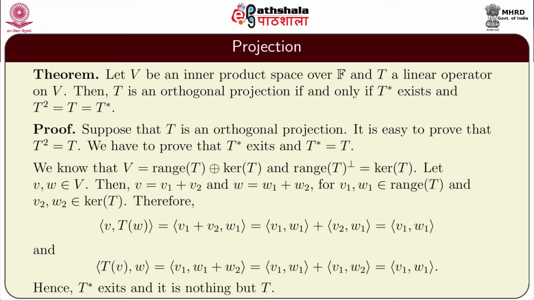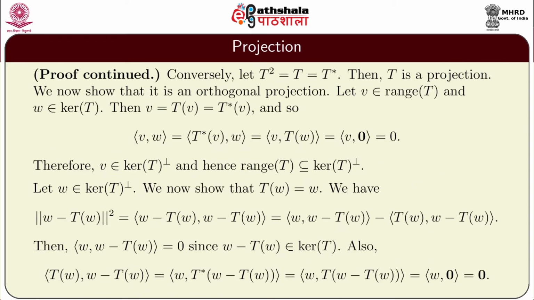Therefore, inner product V comma TW is the same as inner product TV comma W. Therefore, we conclude that T star exists and it is nothing but T. Conversely, let T square be equal to T is equal to T star, then T is a projection,